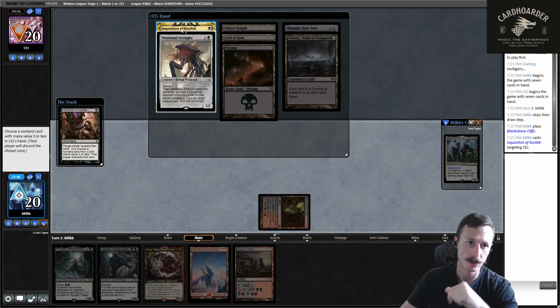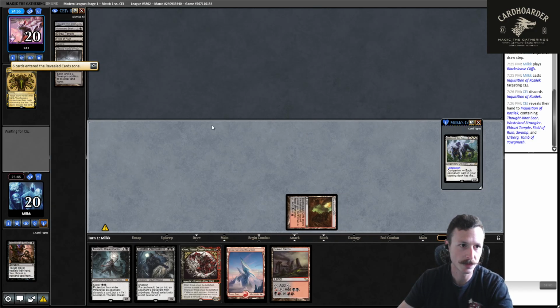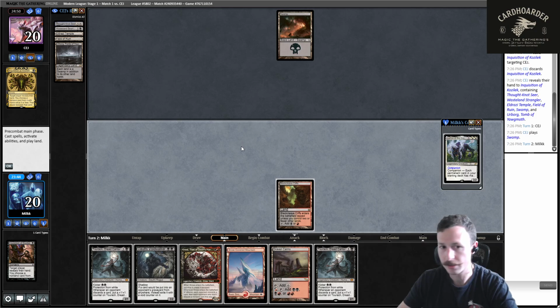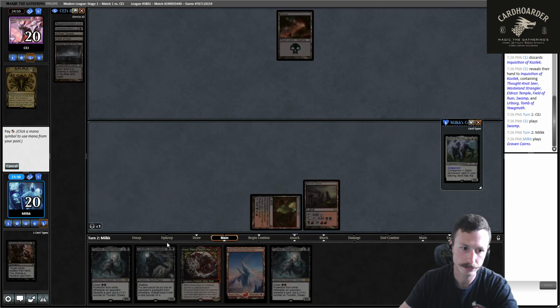Yeah. Whatever. I mean, this just looks like a pretty bad hand. Yeah, true. After we take the Inquisition, turn two, play a 3/2 is not very good. So are they just black white Eldrazi or are they mono black Eldrazi? We don't know. Yeah, I guess we don't know for sure. Looks like they're mono black, but